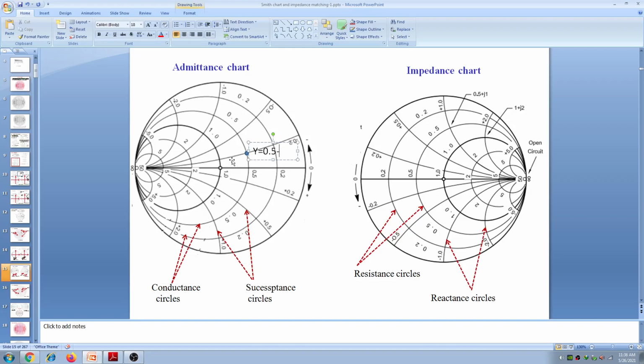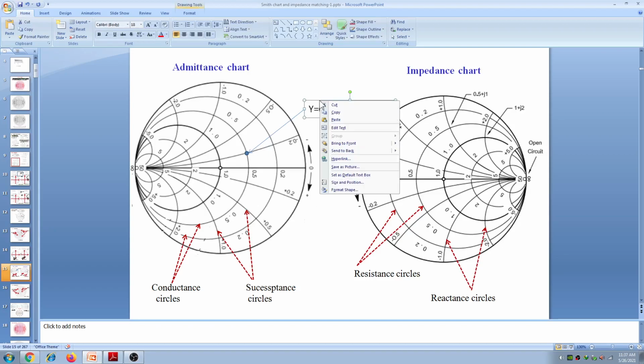And which susceptance circle? You should see which value of susceptance circle is passing through the same point here. The susceptance circle passing is minus 0.2. So you write j minus, because here there is a minus, so it is 0.2. So what is the impedance or admittance at this position? You can read it like this. The admittance value here is 0.5 minus j0.2 at this position. Similarly, at any position you can measure the value here.